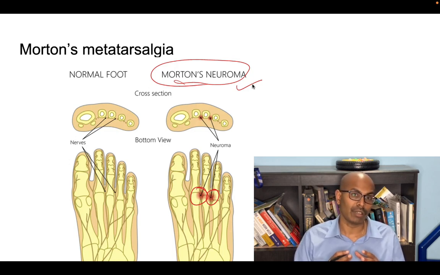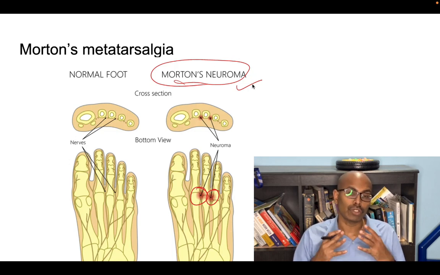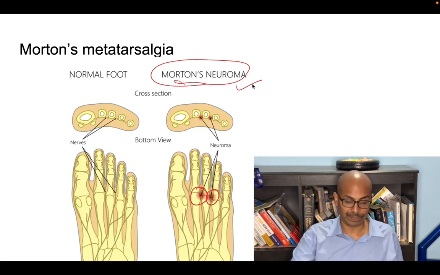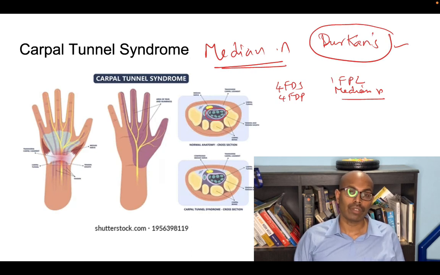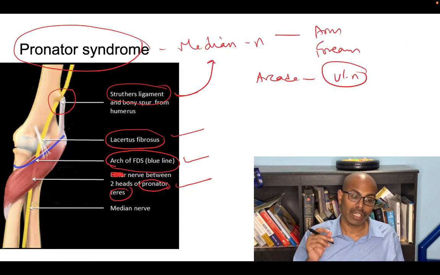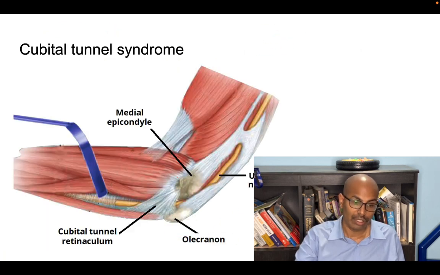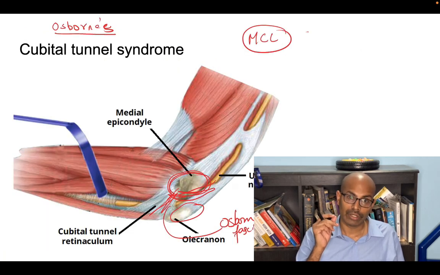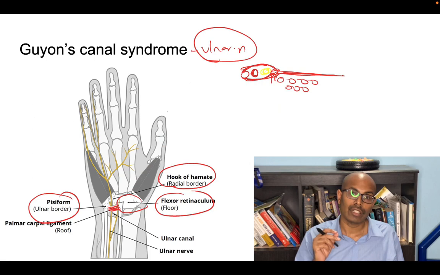I think there are a couple, 2-3 more which have been missed, but these are the most common ones that they usually ask. So to briefly recap on all these syndromes, carpal tunnel syndrome is a median nerve compression at the level of the wrist or the carpal tunnel. Pronator syndrome is compression of the median nerve at the level of the arm and forearm. Cubital tunnel syndrome is compression of the ulnar nerve at the level of the cubital tunnel or the elbow. Guyon's canal syndrome is compression of the ulnar nerve at the level of the wrist joint or